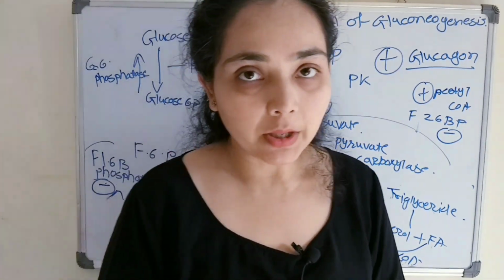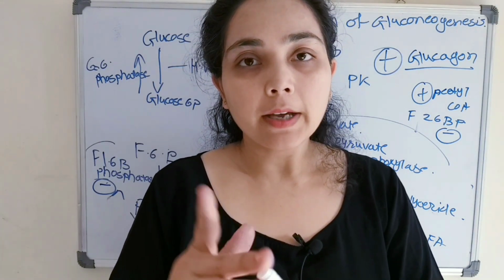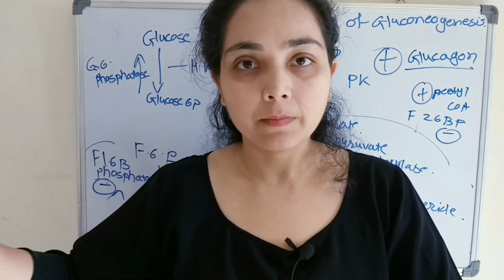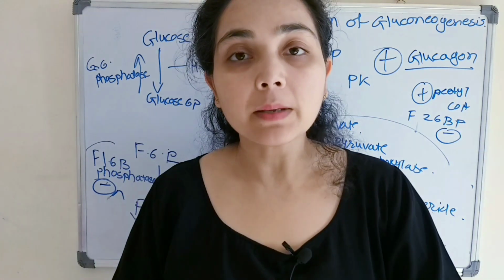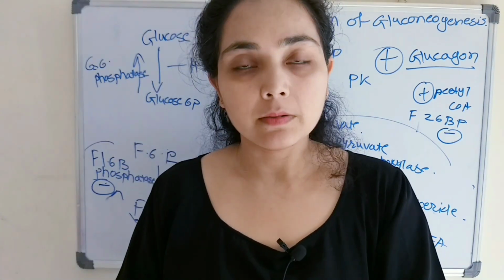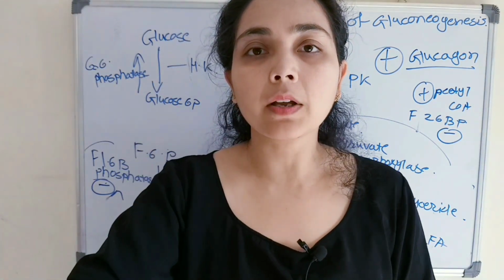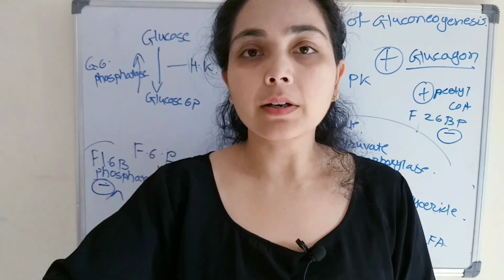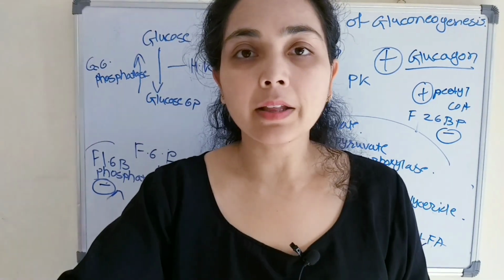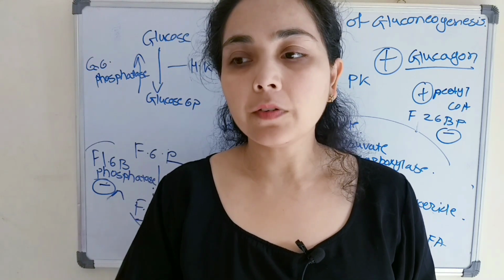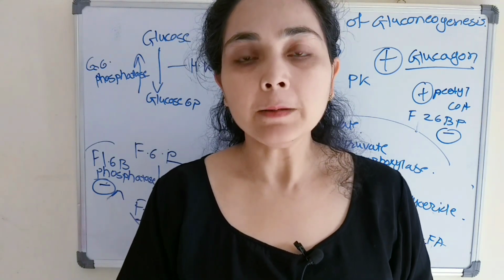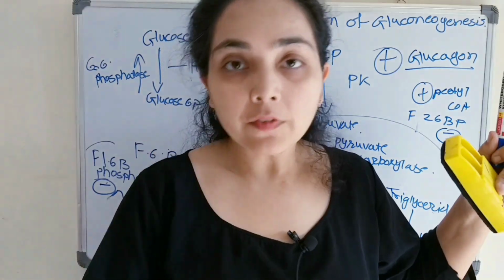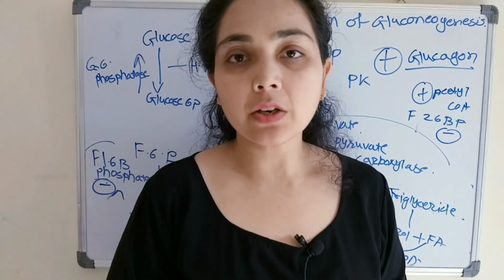Actually, what is happening is, if glucagon is there, the enzyme will work fast. But if a greater number of enzymes is there, the rate is also increased. To do a certain work, if one worker is there, it will happen at a certain rate. But if 10 workers are there, the rate of that work will increase. In the same way, if the number of enzymes is more, the rate of reaction will increase.